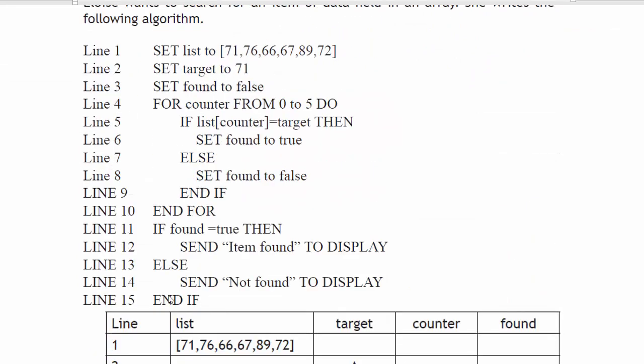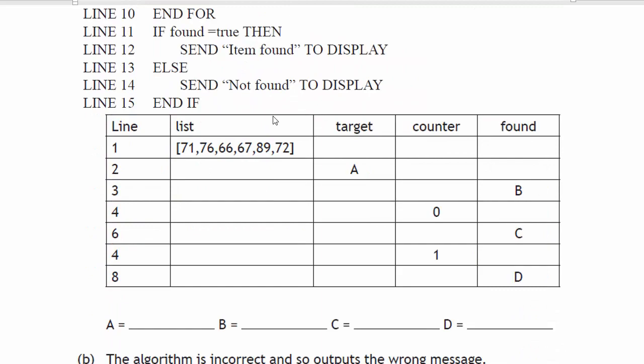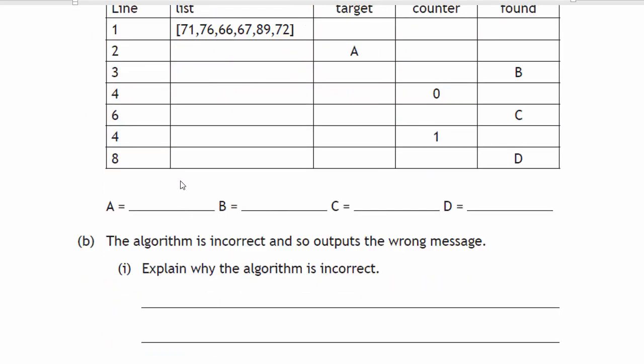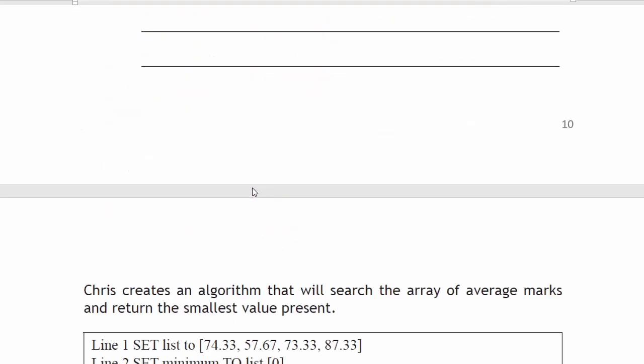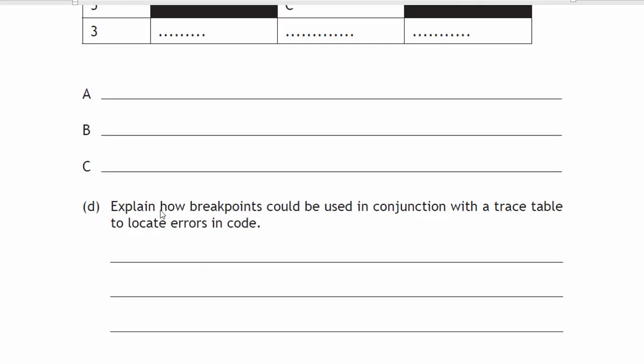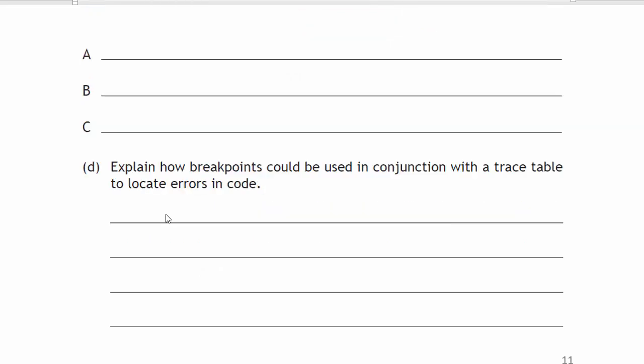So you get code, you then fill in the trace table, tell us why it's not right, but just a wee heads up that quite often they ask about different testing techniques as well. Okay, so hopefully that's giving you a wee idea of what could be in